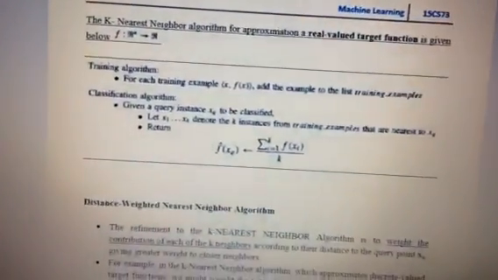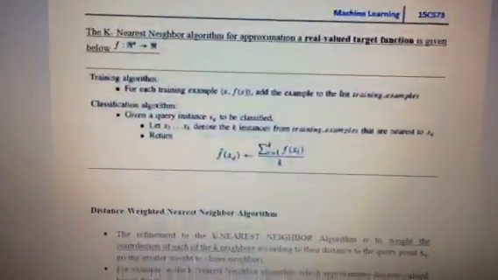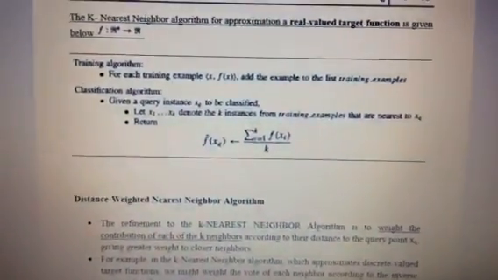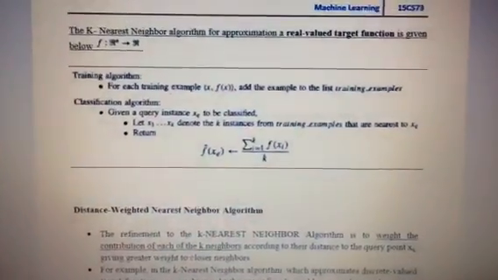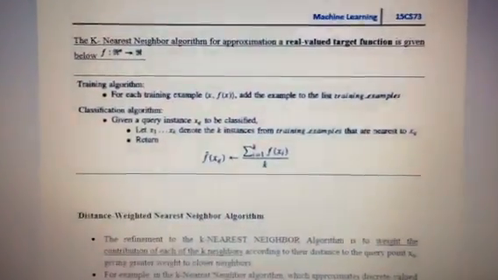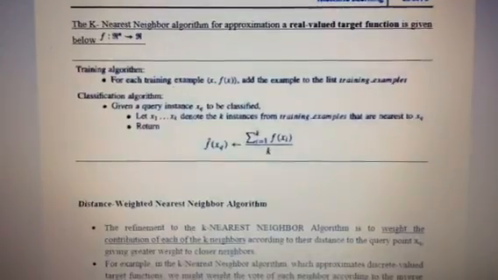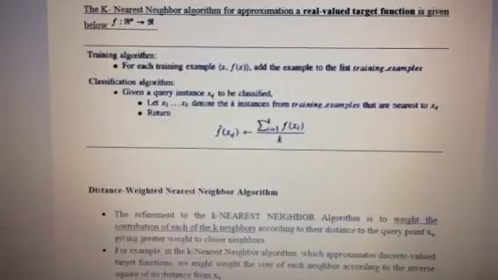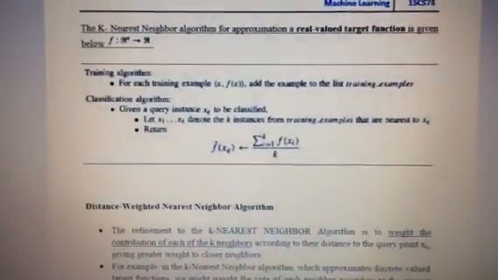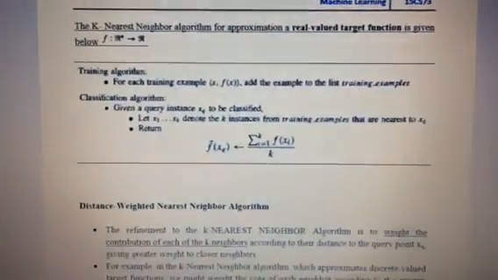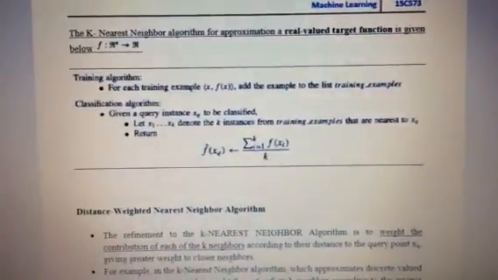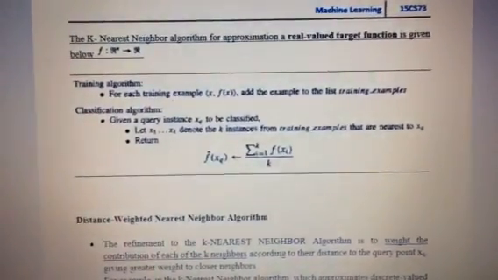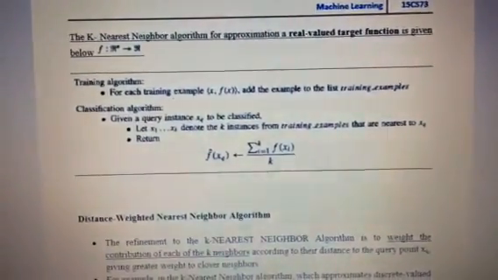So this is an algorithm of a k nearest neighbor algorithm. We have already seen an algorithm for gradient descent, the algorithm for stochastic gradient descent, and the backpropagation algorithm. The same way, this is an algorithm structure for a KNN. This is also important. Here we have two types of algorithm written. First is a training algorithm, next is a classification algorithm.